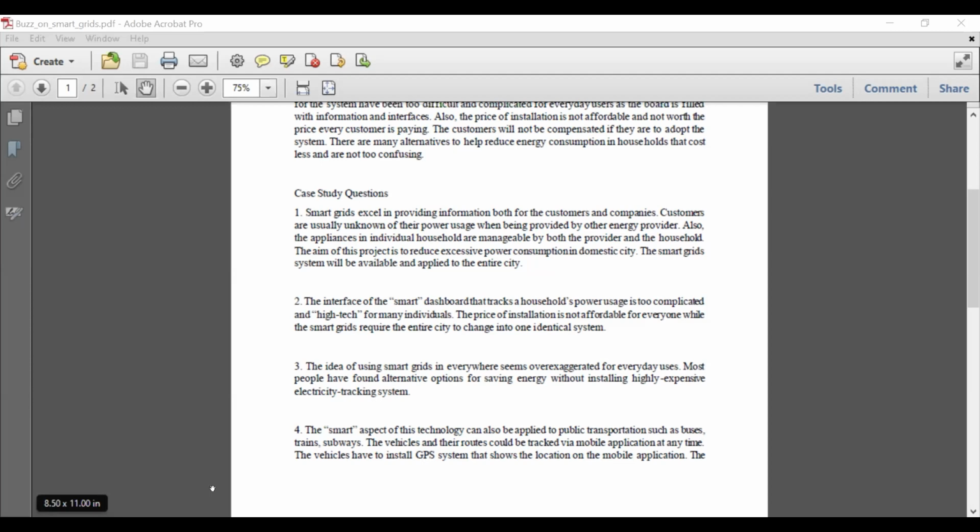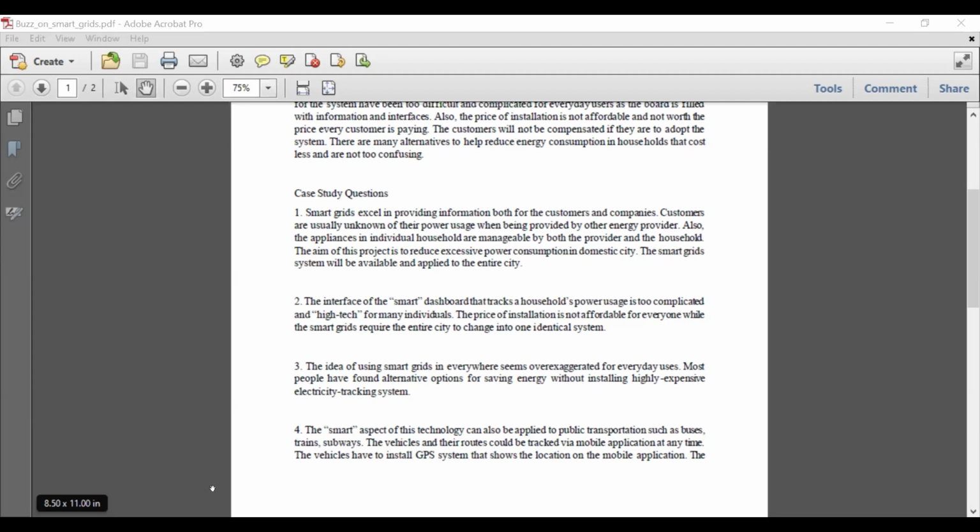Yeah. It is too confusing and complicated for many people. Since an entire city has to convert into the same system, the instructions of the dashboard shouldn't be too complicated. It has to be, but since it's like a startup, so maybe it's